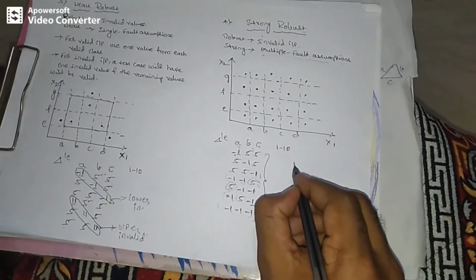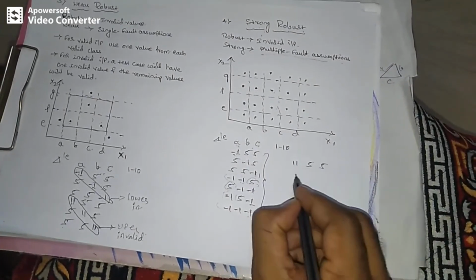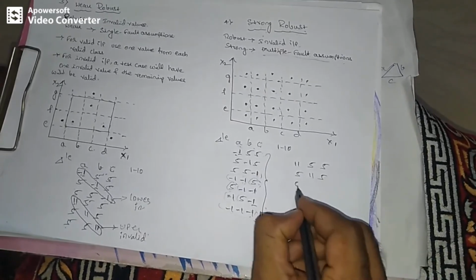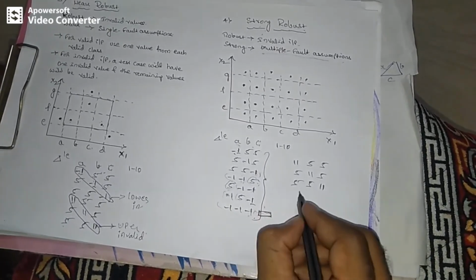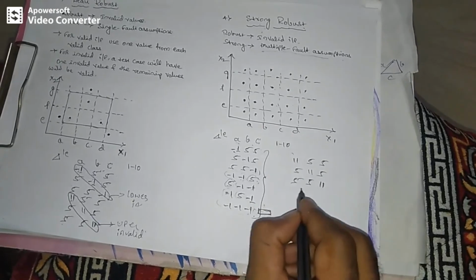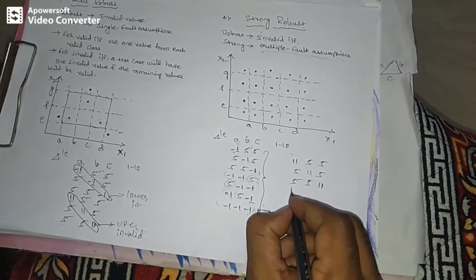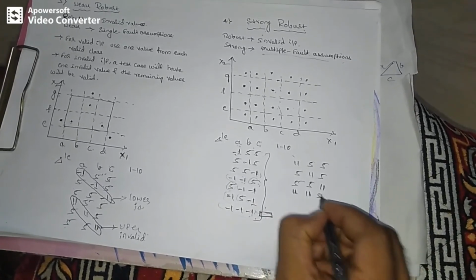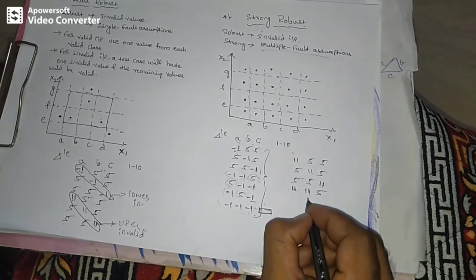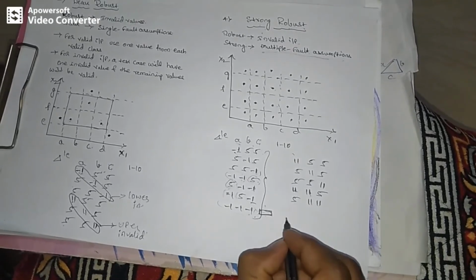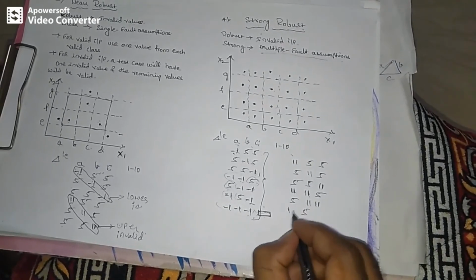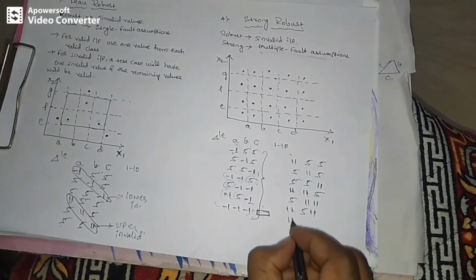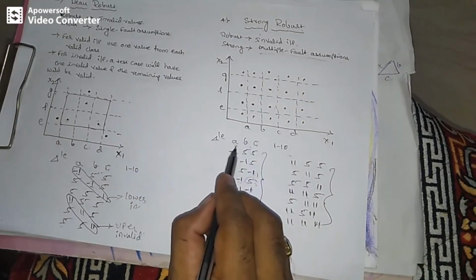Similarly you can write it for the upper corner also. For example, 11 5 5, then 5 11 5, then 5 5 11. This is the single fault assumption. Next I need to jump to multiple fault assumption. Two or more inputs should be invalid. Now these two will be invalid, that is 11 11, and this becomes 5. Next time this will be 5 and these two will be 11 11. Next time all can be invalid inputs. So these are the test cases which we have written for the triangle problem.